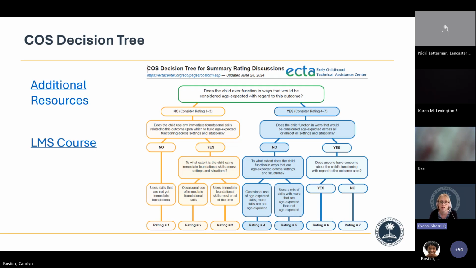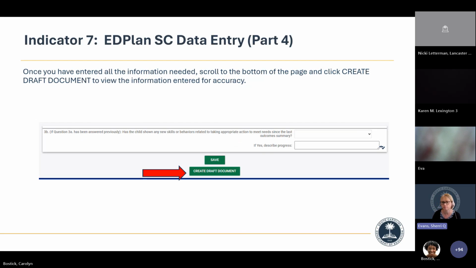So I just want to encourage you to check out those additional resources. Use that decision tree, encourage your staff to take that course, and they also get recertification credits. So that's a win-win. And then when you finish, you will create a draft document, view it, and make sure everything in there is accurate.